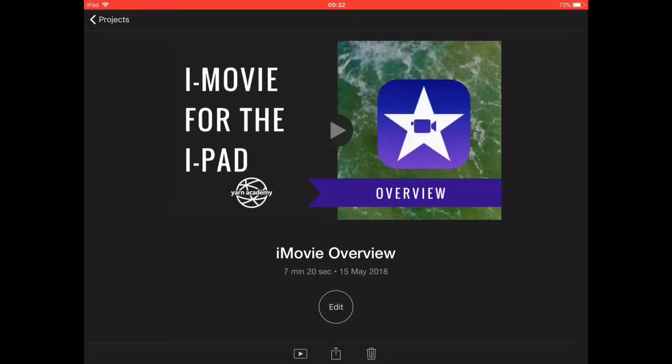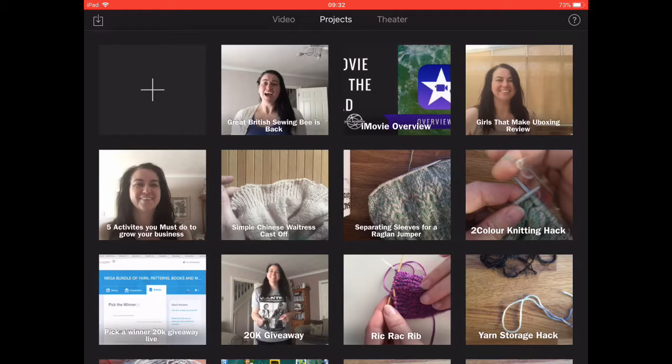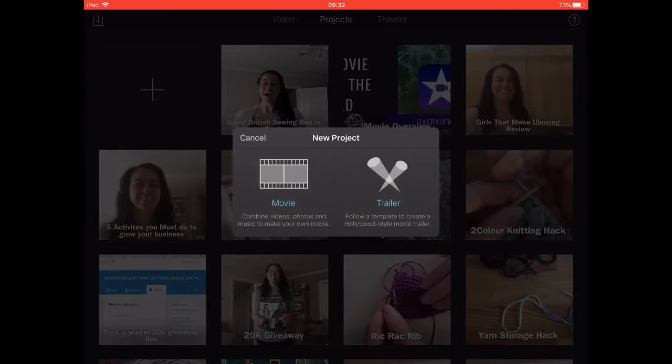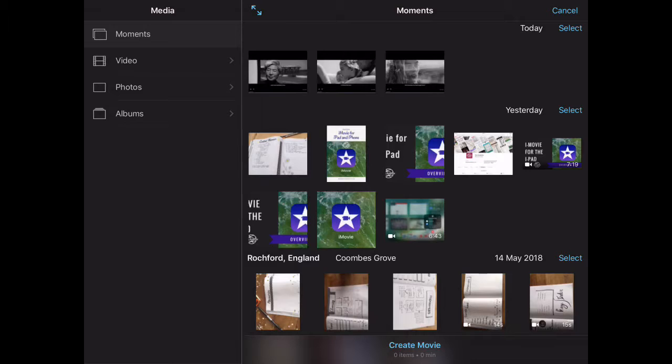We're going to hit that button in the top left, go back to projects, and we're going to be starting something from scratch. So in the top left, there's a big old plus symbol in the dark grey button. So we'll click on that. We could have a trailer, but we're going to go for a basic movie as our new project. So click on the movie on the left, and that will open up a window with all the graphics and